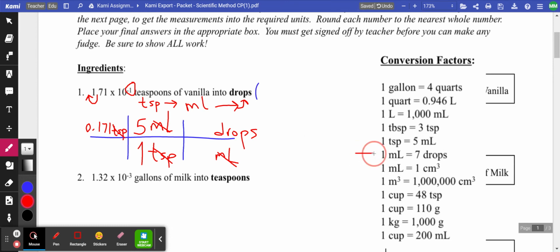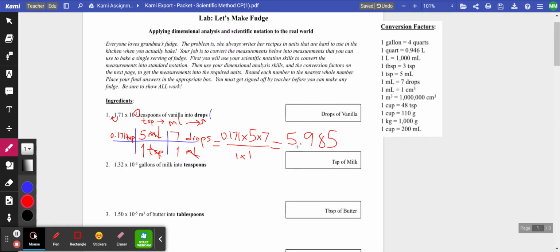It says right here, 1 milliliter equal to 7 drops. So 7 drops on the top, 1 milliliter on the bottom, and I'm done. As you can see, I can cancel out teaspoons and milliliters, and I have drops in my answer. So I'm gonna multiply the tops and then multiply the bottoms and divide, and that's it. So here's my answer: